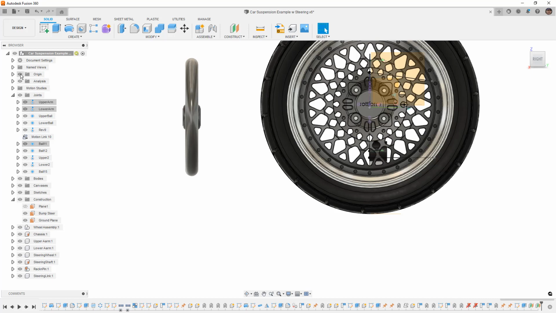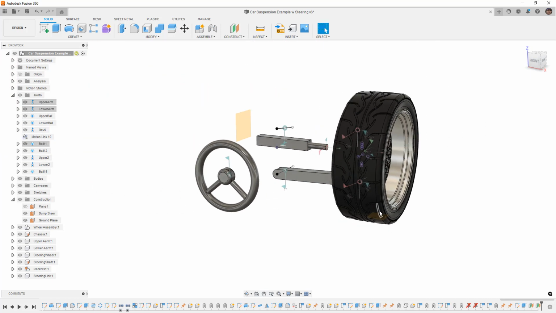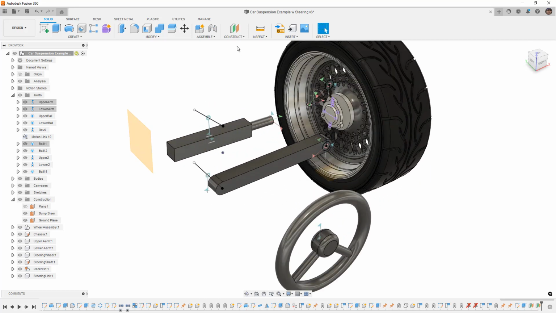So as we're looking at everything that we have right now, we've got our plane to measure our bump steer, and we've got our ground plane to measure the vertical travel. Now, there's one more thing that I want to do here. And the reason I want to do this is because measuring point to point is going to be very advantageous to us. So for example, if we go to inspect and I measure from our ground plane up to